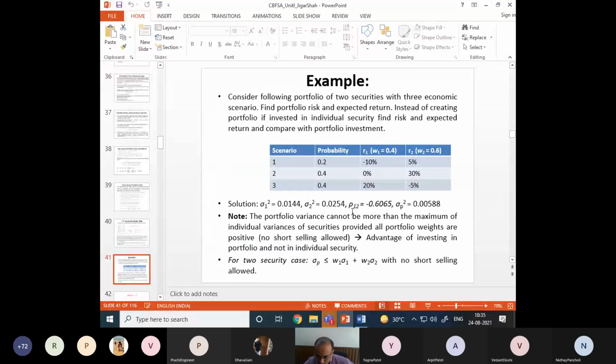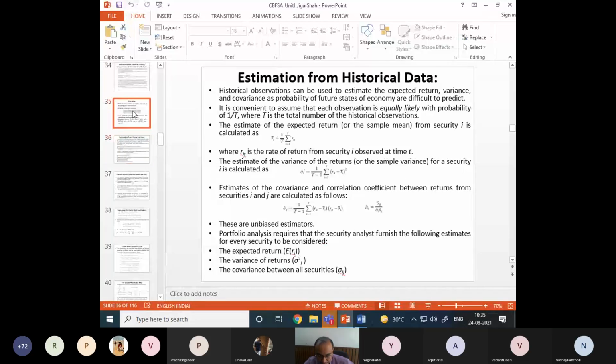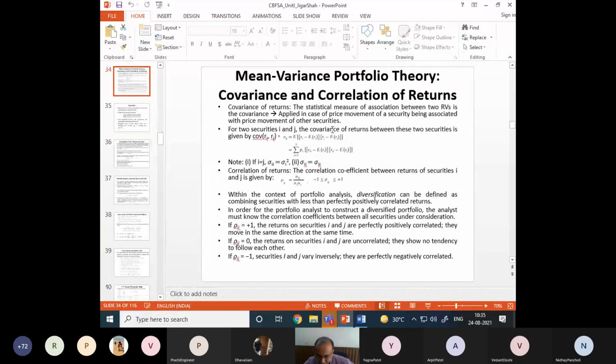Now how do we find the correlation coefficient? I need to know sigma 1,2, so I have to go to the definition of sigma i j, which is the covariance. Sigma i j is sigma s equal to 1 to S, P s into R i s minus E of R i, into R j s minus E of R j. E of R1 and E of R2 are known, individual returns are given under every scenario, and probabilities are given, so you find the covariance. So you have now sigma 1,2. If you know sigma 1,2, you can find rho 1,2, the correlation coefficient. It is sigma 1,2 divided by sigma 1 into sigma 2. Sigma 1 square and sigma 2 square are known, so you can find this rho 1,2.